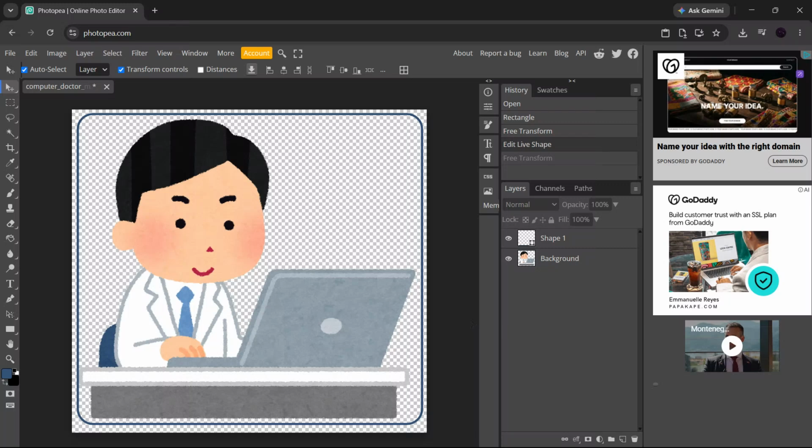If you need to rotate an image in Photopea, whether it's the entire canvas or just one layer, this quick guide will show you exactly how to do it. By the end, you'll know how to turn a photo sideways, flip it upside down, or rotate just a single